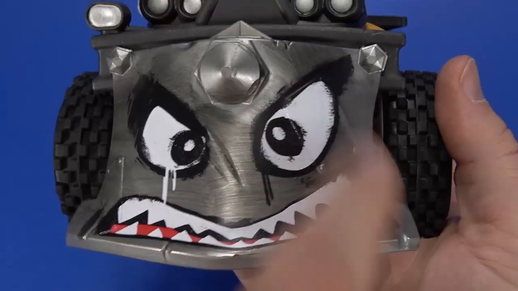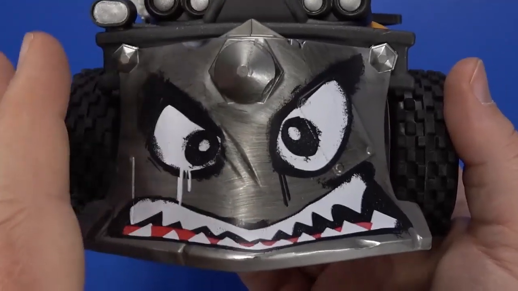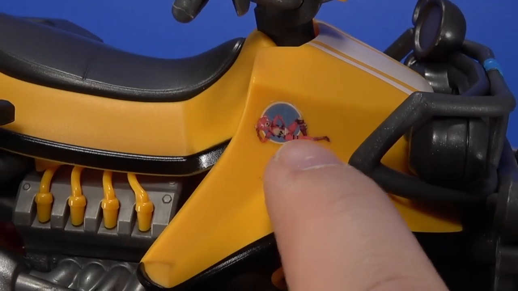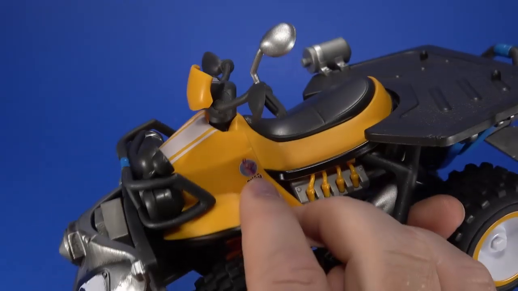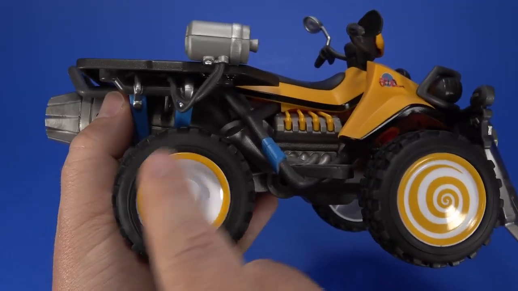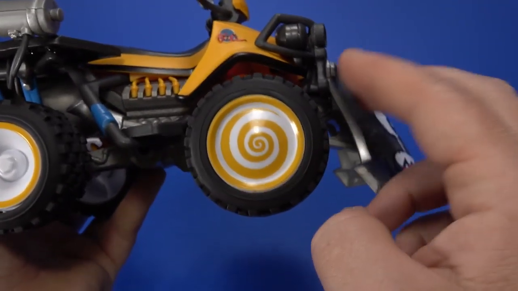Face painted on the front, very nicely done. It looks rough, but at the same time, it doesn't look like it's gonna scratch off. You'll notice Cuddle Team Leader right here on the side. The other side has the llama with quad under it. The back hub is white with just a yellow ring, but the spiral up here is kind of...